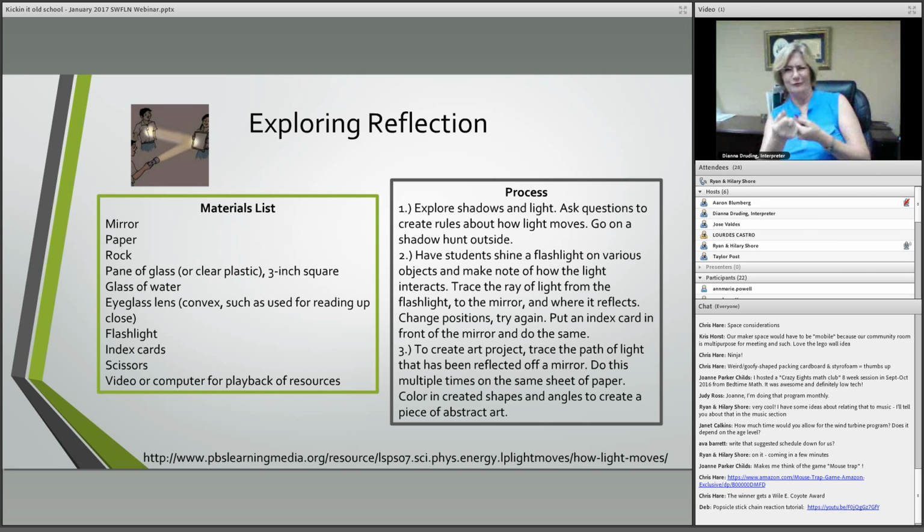You can even plan it ahead of time and turn it into a bit of a pattern. So you color and use the angles to teach. You can teach mathematical concepts as well, and then you have a piece of abstract art when it's all said and done. And down here, this link at the bottom, this is where